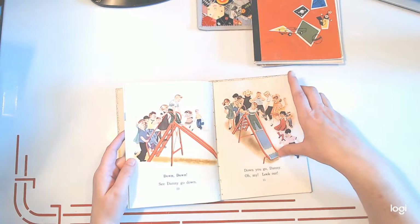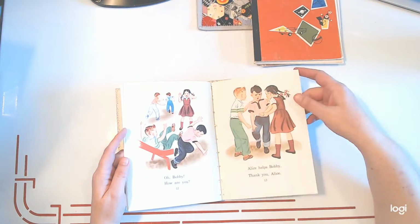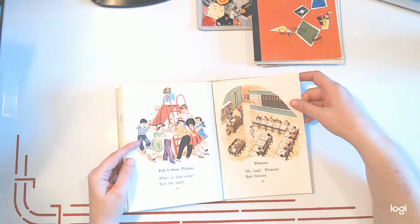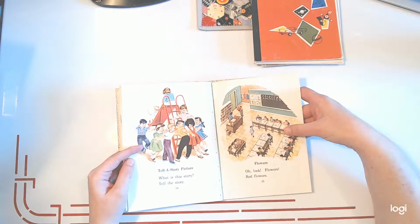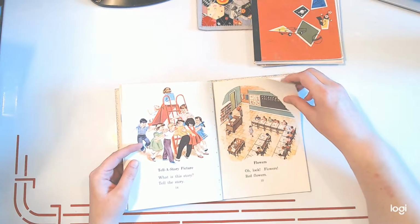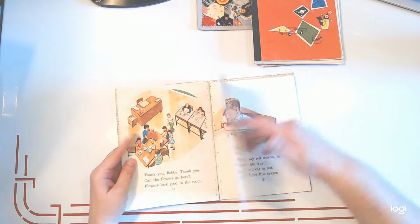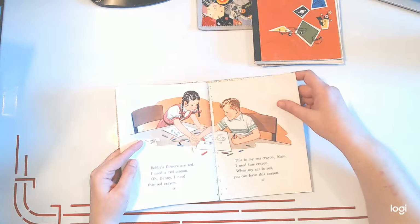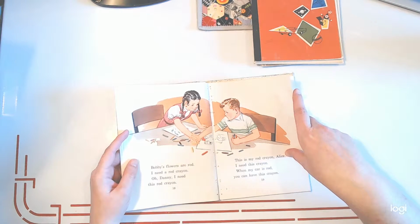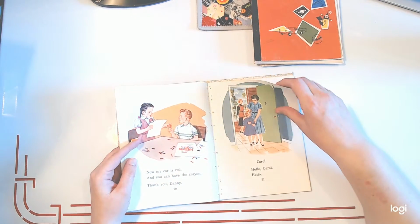Down the slide. The kind that used to melt off your legs in the summer sun. At least in Houston. Which is where I'm at. And then flowers. Oh, look, flowers. Red flowers. Because the teacher's getting flowers. And we're going along and we're painting flowers. This is my red crayon, Alice. I need this crayon. When my car is red, you can have this crayon. Well, Danny's kind of a...